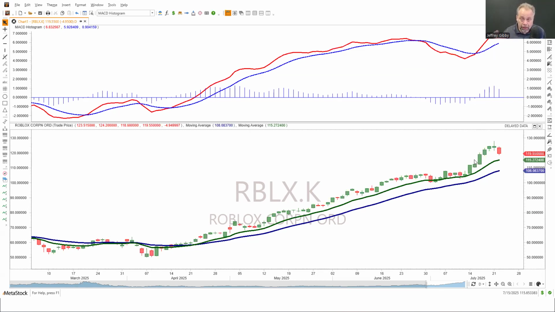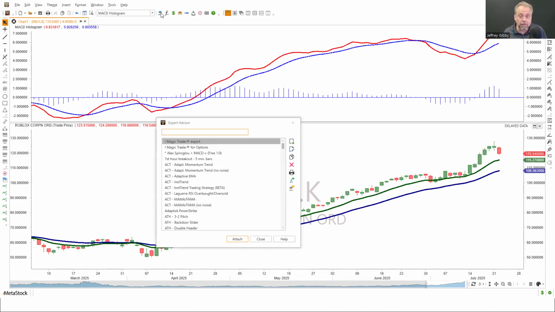I'm going to attach an expert advisor to this chart just to illustrate what I'm trying to say a little better. But it's very, very simple. You can do this with or without the expert. The tool I'm about to apply, we call it an expert advisor. It can identify bullish or bearish areas on the chart. It can help you understand indicators. There's several hundred in there. It can point out different candlestick patterns. That's one of my favorites. Another class I do talks about the Ichimoku method. But for today, let's just go to the MACD.